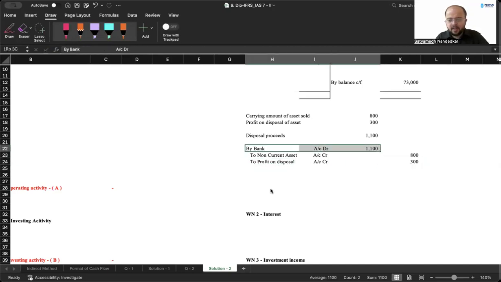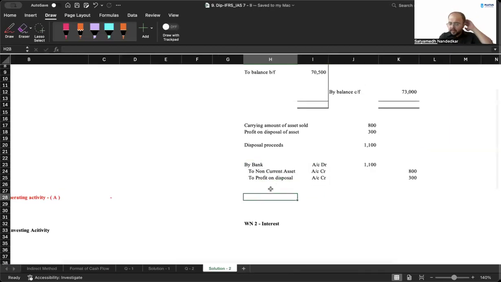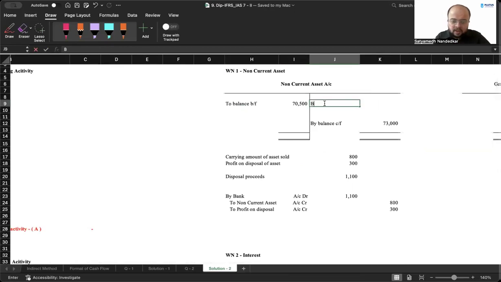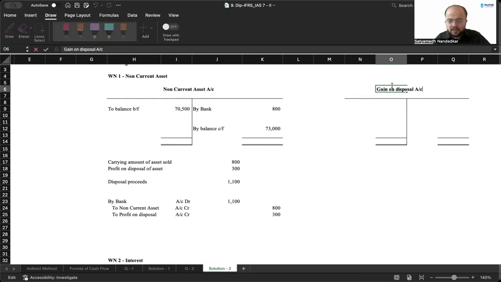300. Bank account debit to non-current asset account to profit on disposal. This is the accounting entry. So in the non-current asset account, on the credit side, write down bank account 800. Here, create an account called gain on disposal or profit on disposal. Now, bank account debit to non-current asset to profit on disposal, here write bank